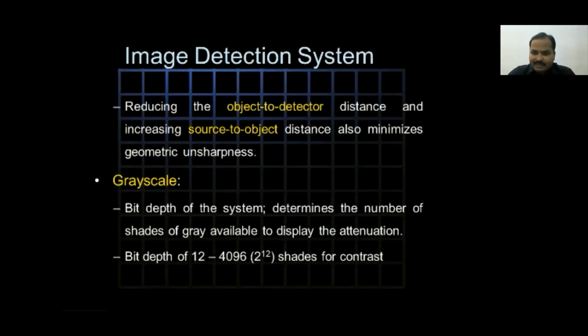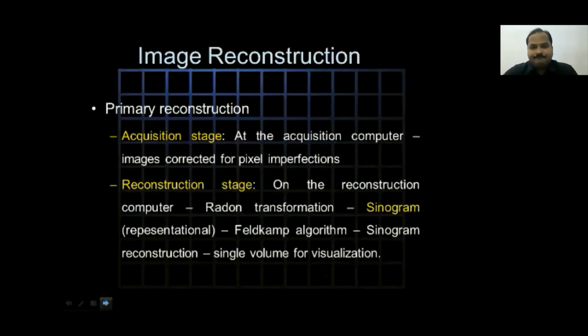Then bit depth: a bit depth of 12 is commonly taken into account for CBCT machines, and it will show us 4096, that means 2 raised to the power of 12 shades of gray for the contrast purposes. So this much can be visualized. Even more is available nowadays. Okay, then we come to the